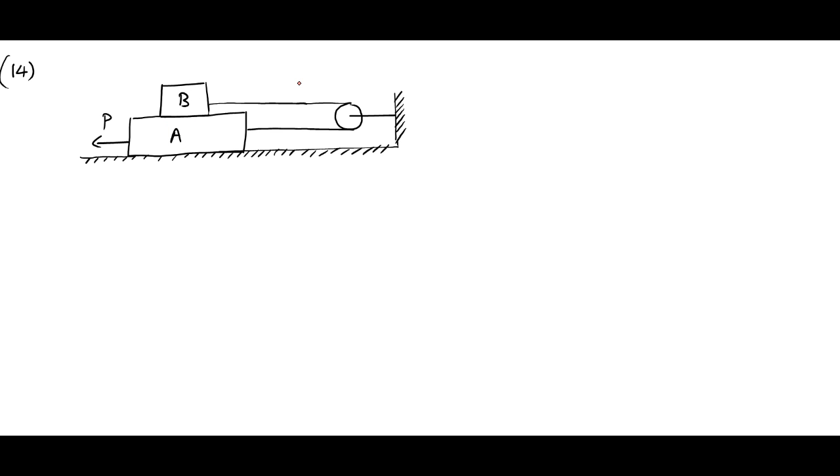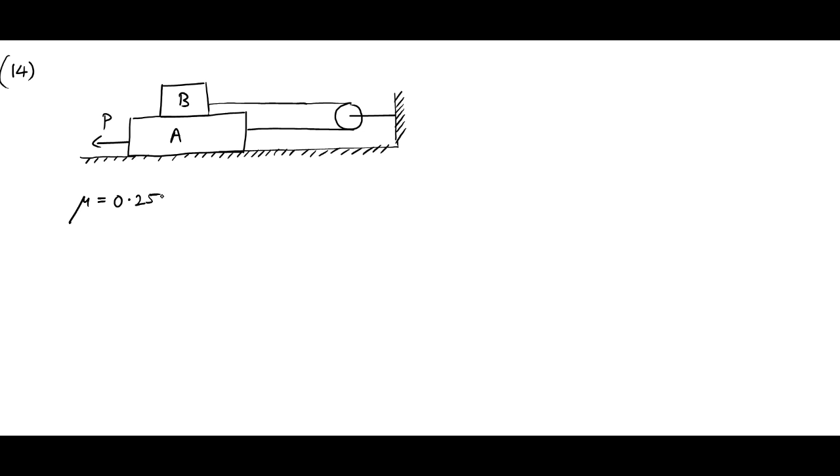An ideal string, this one, passes around a frictionless pulley to connect both these blocks. So you can see that the ends of the string are connected here and here to the two blocks. What would be the minimum value of the horizontal force P to drag the block A towards the left? And mu has been given to be 0.25